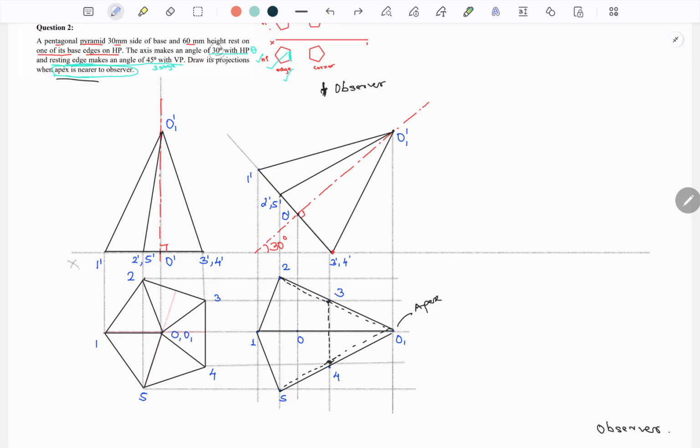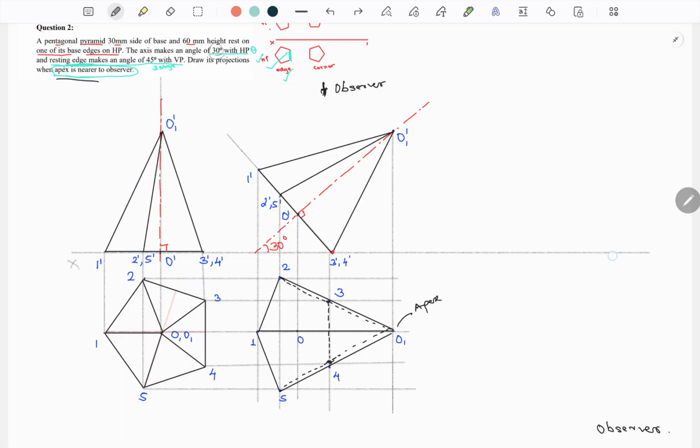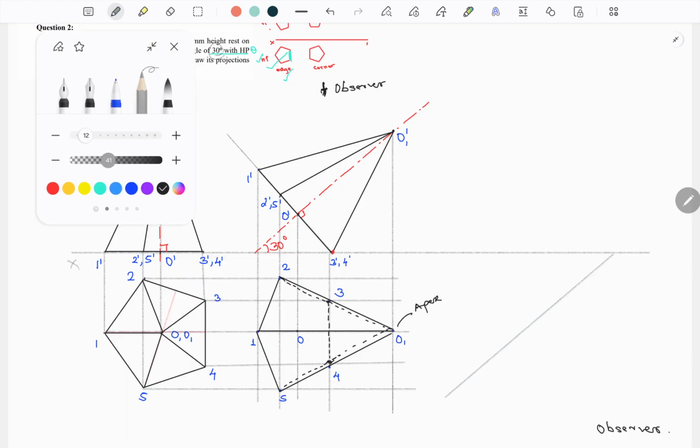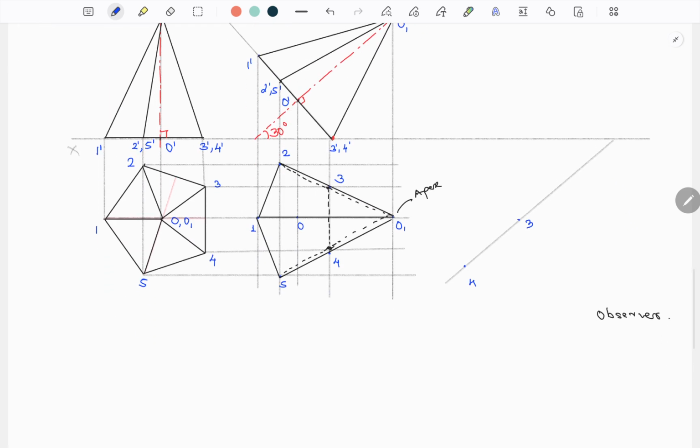You need to take care while drawing this line. Otherwise, what will happen? The problem will be that it will intersect with this stage 2. So that care should be taken. Somewhere on this line you locate the points 3 and 4. Once you locate points 3 and 4,